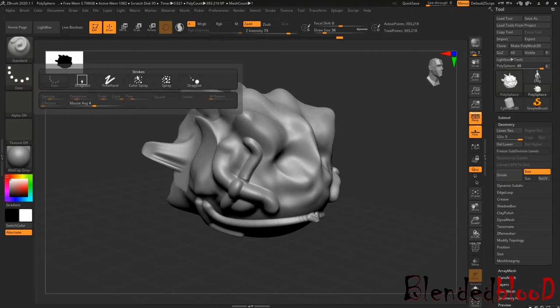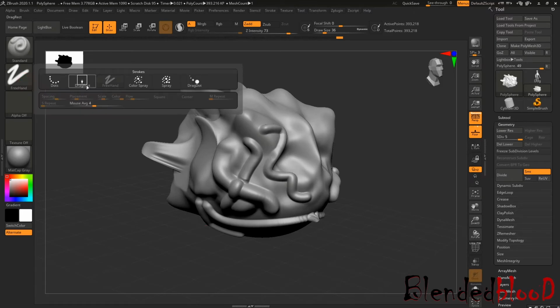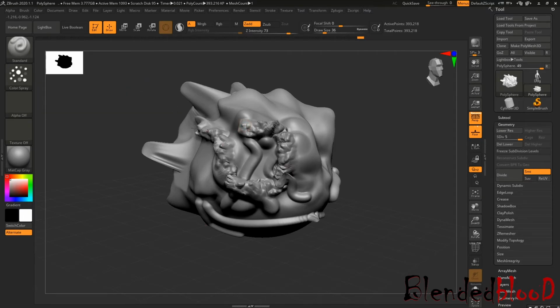For stroke, if I click freehand, then this; if I click drag rect, you need to drag and hold, inside or outside. Color spray, you will know later what this kind of stuff will do.